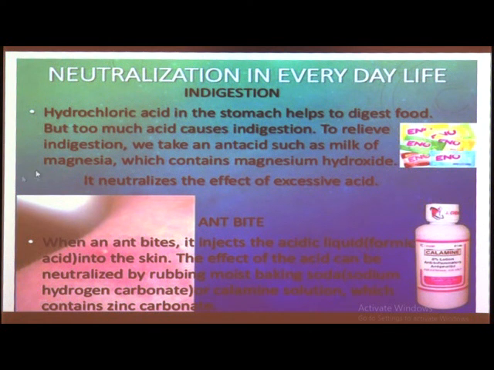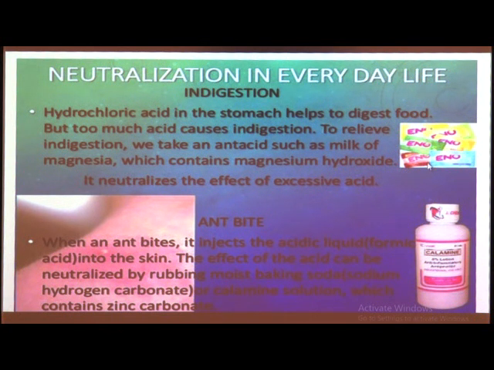To relieve indigestion, we take an antacid such as milk of magnesia. To relieve from this indigestion, what do we have to take? We have to take an antacid such as milk of magnesia. We are going to take this antacid which has milk of magnesia as an ingredient. So here you can see the